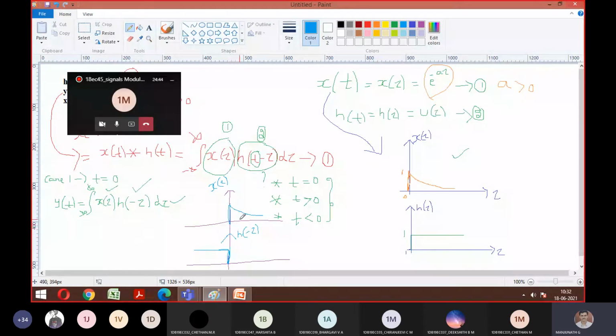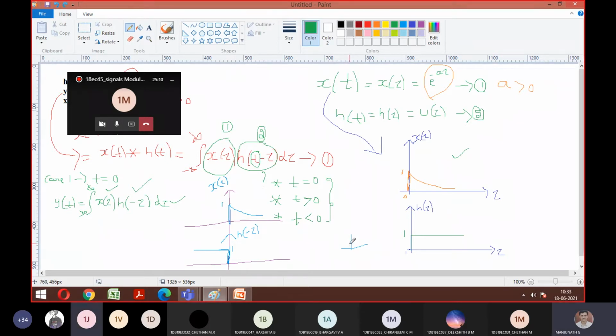Now I need to multiply this with the signal. That is what convolution is, right? If you multiply this with the signal, the negative side is going to be 0 and the positive side is going to be 0. Agree? This side 0 into this signal is 0. This side, this signal into this is equal to 0. What is left out is only at 0, where it is going to be 1. Agree, everyone?